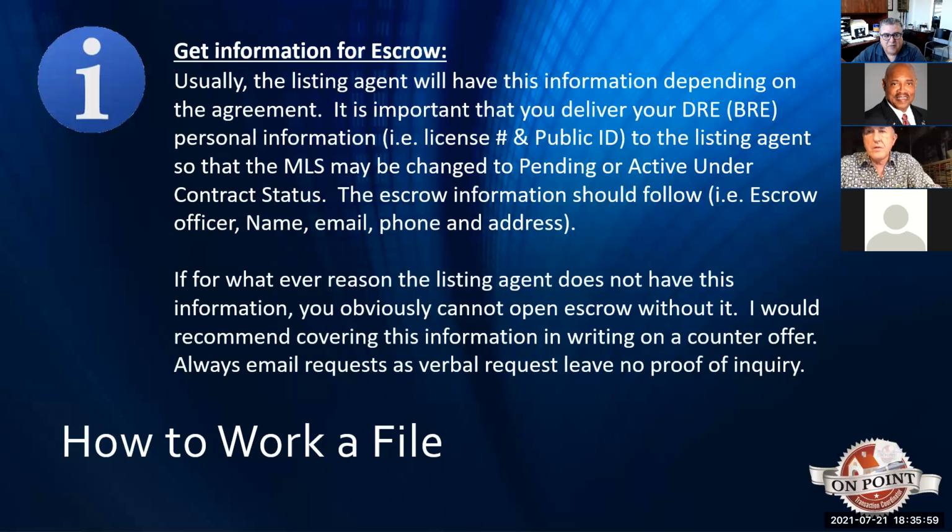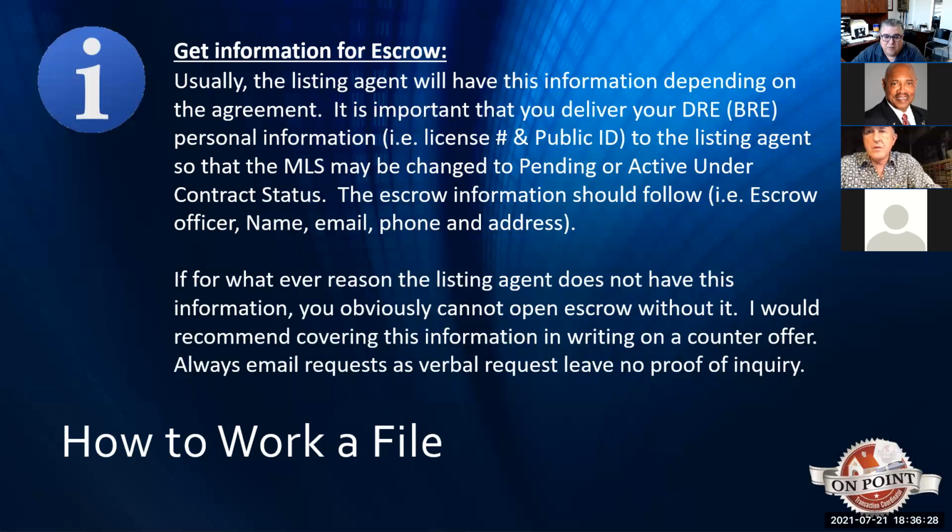I gave you the escrow information. There's the phone number. That's enough to at least get a hold of them. If you need an email address or you want wire instructions, you need to give them your email address. The phone number is there. So that's on the listing side. If you're dealing with a listing agent that gives you that information, you can't play that game with them as the buyer's agent, right? So this is why I recommend that you put that on a counter offer, including the title information, right?